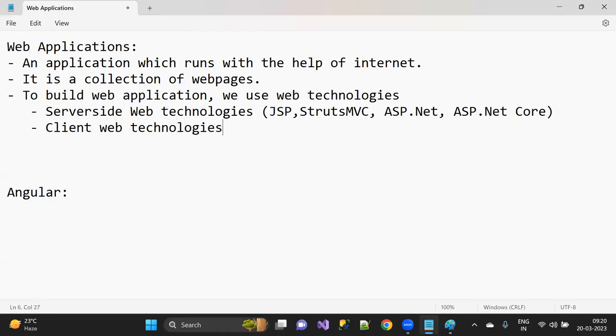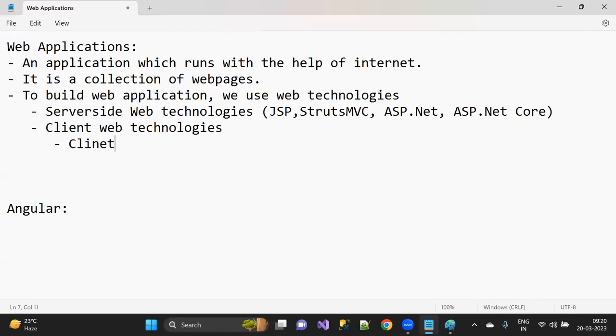We have client side web technologies. What is the purpose of client side web technologies? Client is nothing but a browser. I'm not discussing anything about the server, leave that aside because you are already learning about Java and all.